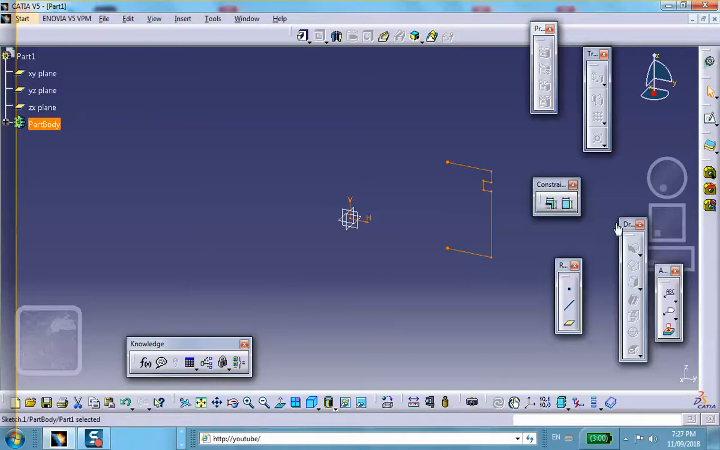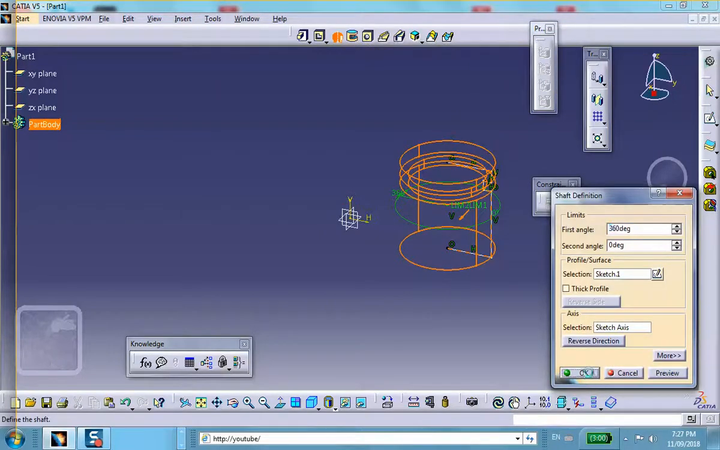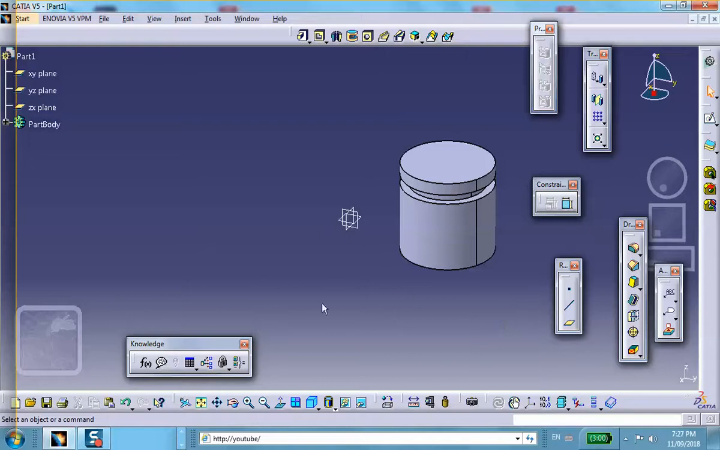Right here. You see this? It says revolve or shaft. You click on it, and the sketch is automatically selected. It's yellow, and it's going to get revolved about that axis that I constructed in the sketch right there. Okay, good. Now I would like to make some